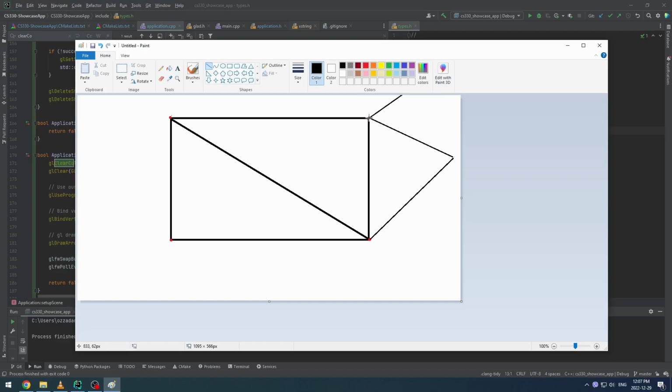But since all of these have a normal that says which way is outward facing, you're actually going to need to define this vertex 3 times,